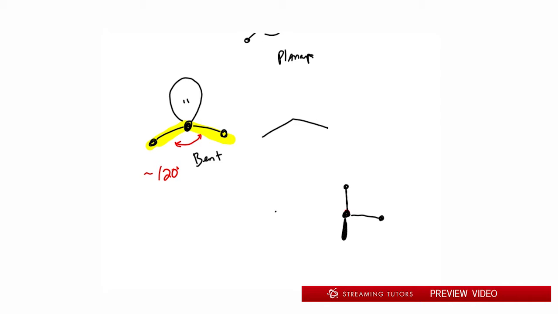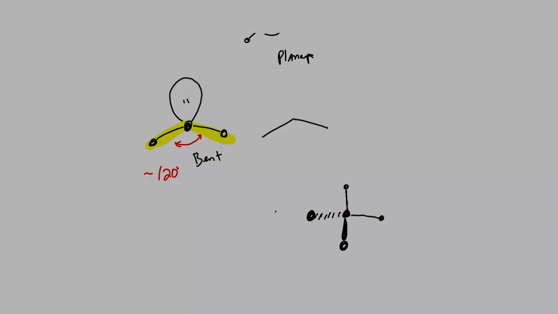We draw it wedged. That means that it's coming away from this page. It's coming out towards you if you're looking at this from the page. And then another one is going to go behind the page, dotted. We use a dash bond, and that means that this is going behind the page. So if you took this molecule and you push it up against a wall, 2 of those atoms relative